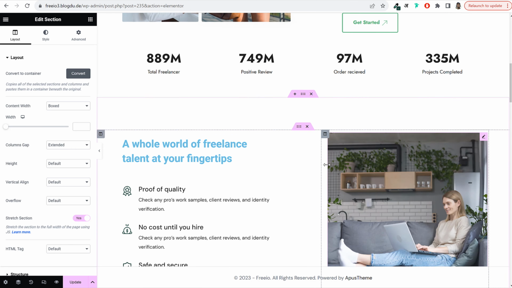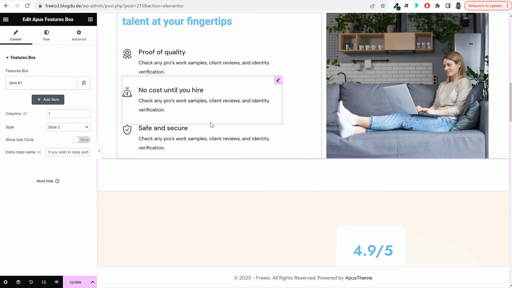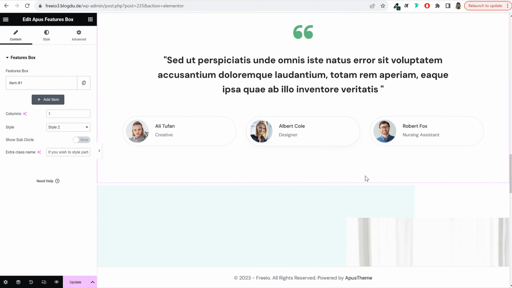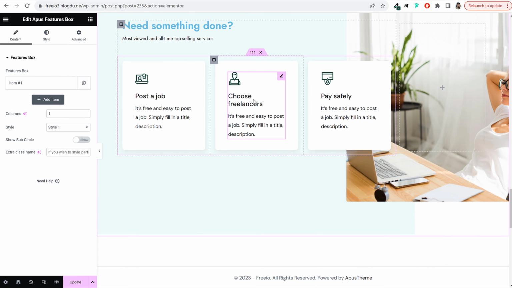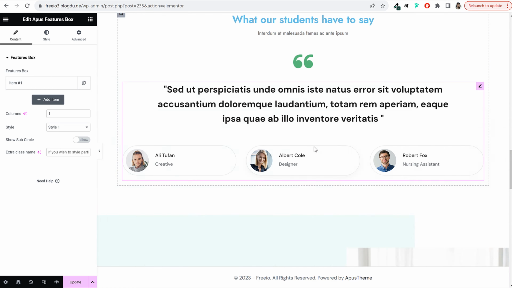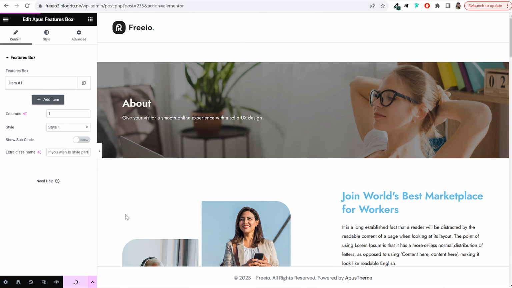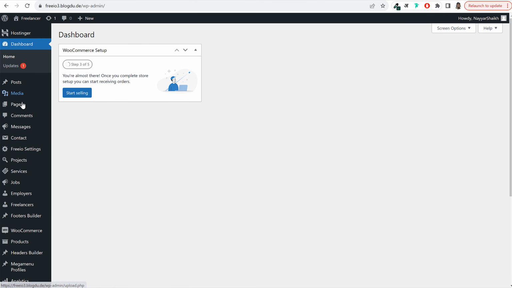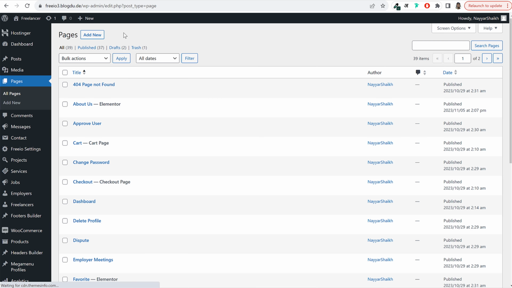And after that, whatever changes you want to make, you can just click on that thing. Okay, we have already used most of these things. These are all feature box, icons. We have already used this thing. So whatever changes you want to make, just click on that and do the changes. Okay, this is your about page. Click on update. Then again, come back to your dashboard. Let's import our contact page. So click on pages, add new,